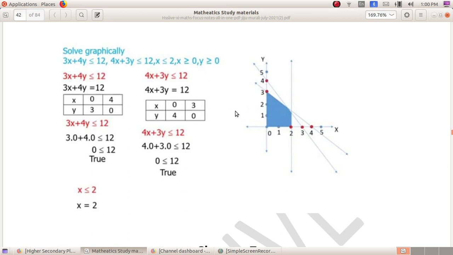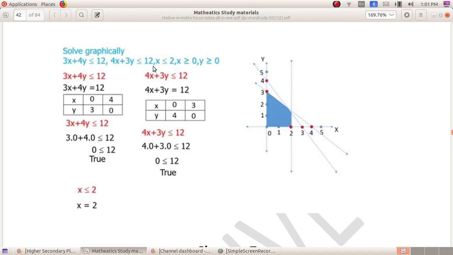There is no need of shading in this area because you have to shade only positive values. That is here, x greater than 0, y greater than 0. So shading only here. Okay, like this. Right. Then, for this inequality, this is the straight line. If you shade here, the point 0, 0 will be included. So let us check 4 into 0 plus 3 into 0 less than or equal to 12. That is 0 less than or equal to 12. So this is true. Therefore, you have to shade in the downward position.